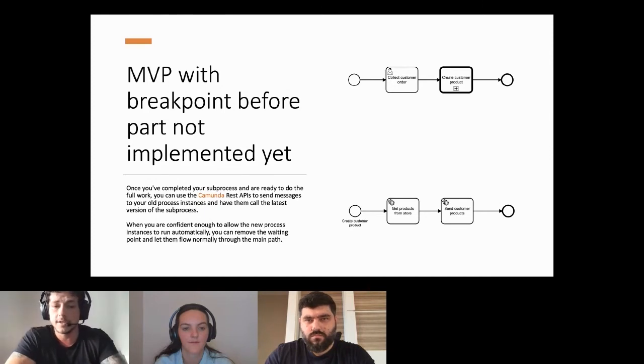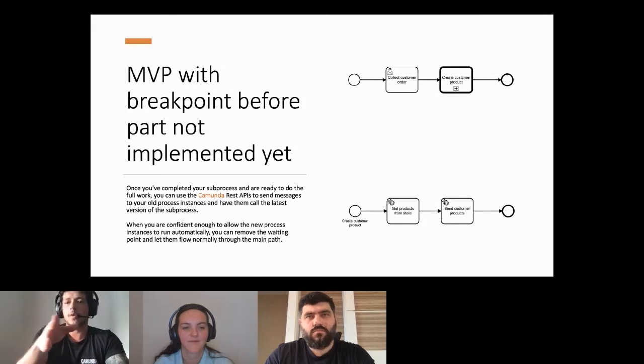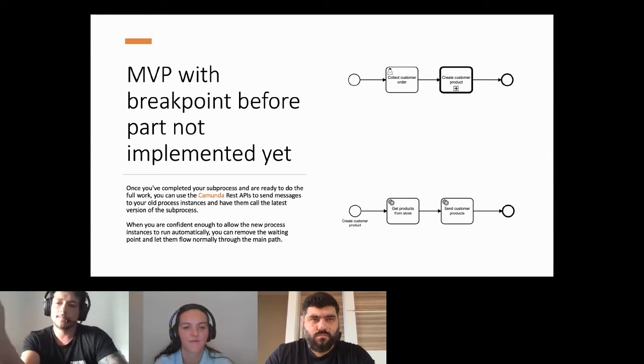Once you've completed your sub-process and are ready to do the full work, you can use the Camunda REST APIs to send a message to your old process instance and have them call the latest version of the sub-process. So every customer that was stopped at that breaking point, you can have continuing to your new sub-process, fully automated.